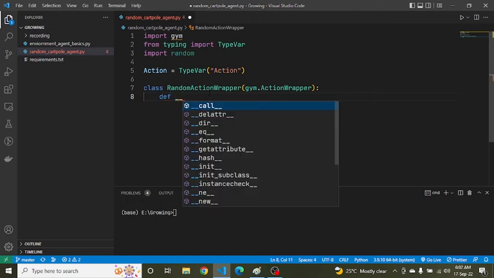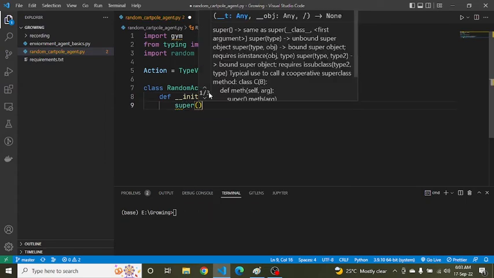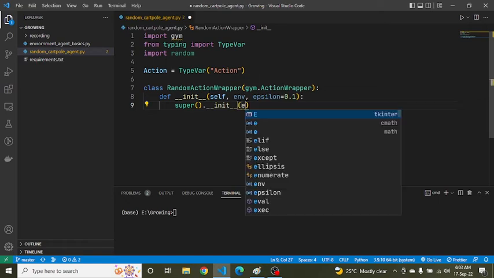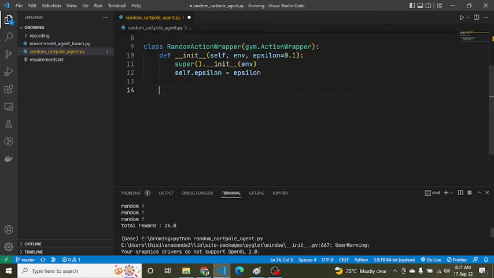We will initialize our wrapper by calling the parent's init method and saving epsilon, that is the probability of a random action. So self, environment, epsilon, that is 0.1, and we're going to do some modification in the existing superclass. This is the base class, and epsilon is just like I said. So here is our action function,